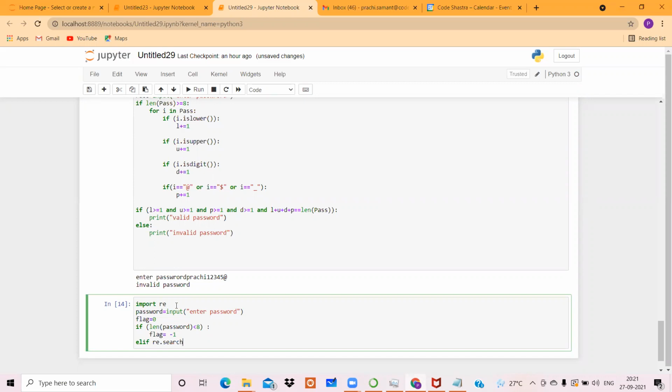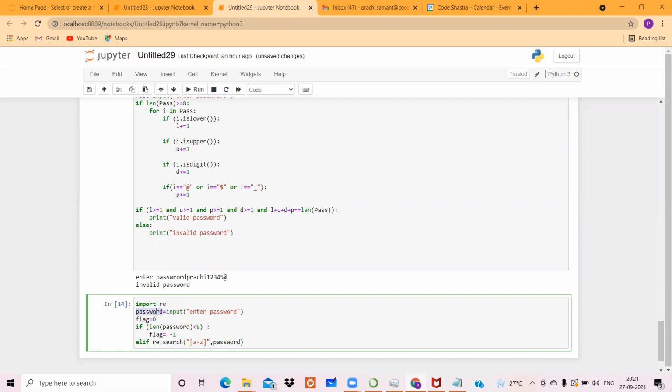re.search is used to search or iterate in regular expressions. So there is no need of writing a for loop, because re.search has the logic inside it that it will iterate, or check each and every character of any entity that you are passing. Now you have to give it a search criteria. So what will my search criteria be? First, I will give the search criteria A to Z. That means if you find any letter between A to Z, inside what? Inside the password.